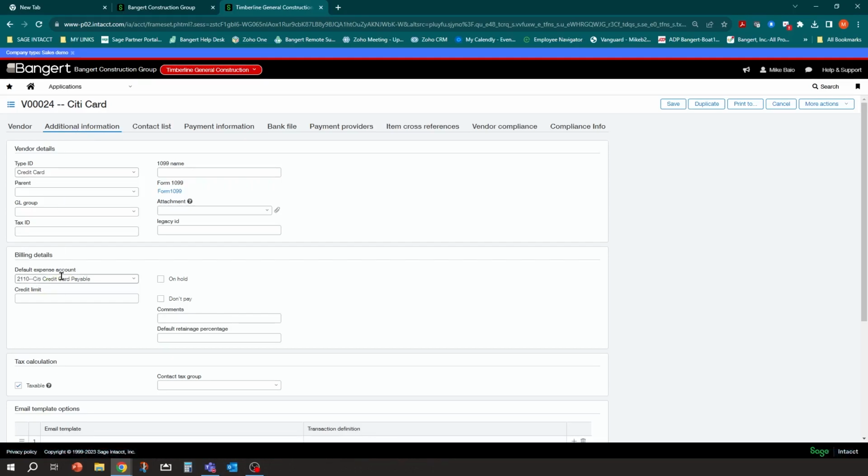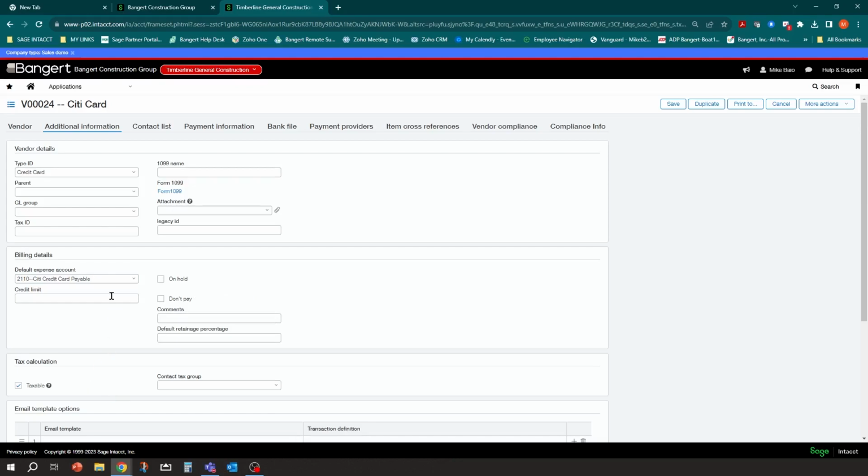So when we end up entering in the accounts payable bill for that credit card invoice, we're going to default it to that credit card payable account. So we're going to have it accumulating in there. And then when we actually put the bill in and we pay that bill, we're going to reduce the default expense account, which in this case is the credit card payable account. So you want to make sure that account is filled in under additional information, default expense account.